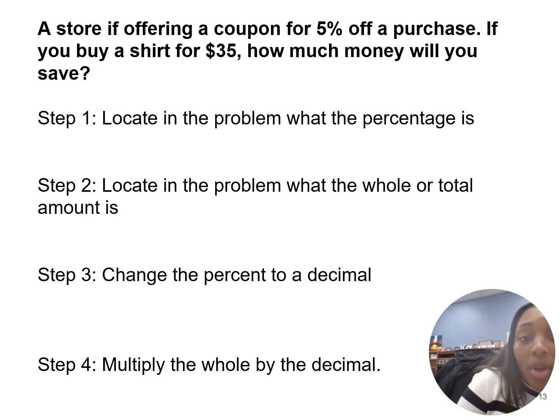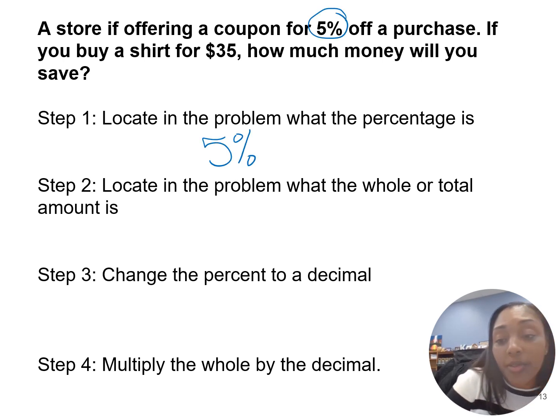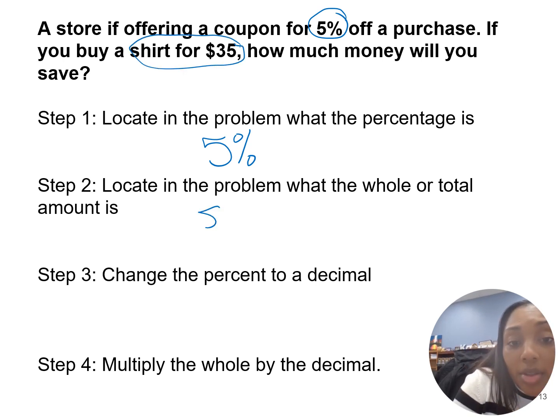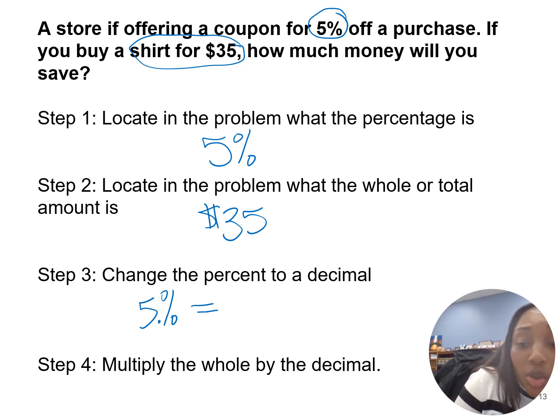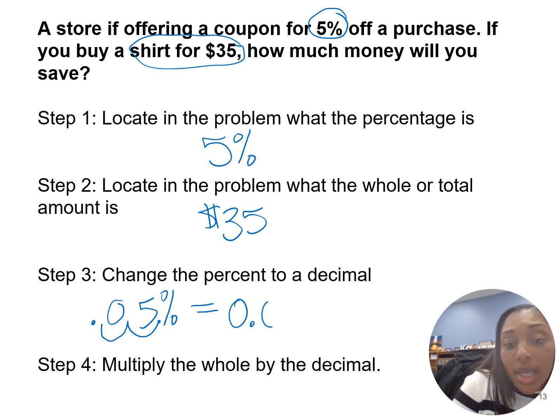All right, so first we're going to locate what is the percentage. The percentage is 5%. So your coupon is for 5% off. You want to locate the total or the whole. My shirt is $35. That's the total amount of the shirt. Now we're going to change the percent, 5%, to a decimal. Put that decimal on the end and move 2 spots away from the percent sign. 1, 2. Wherever you have an empty hop, put a 0. So my answer as a decimal is